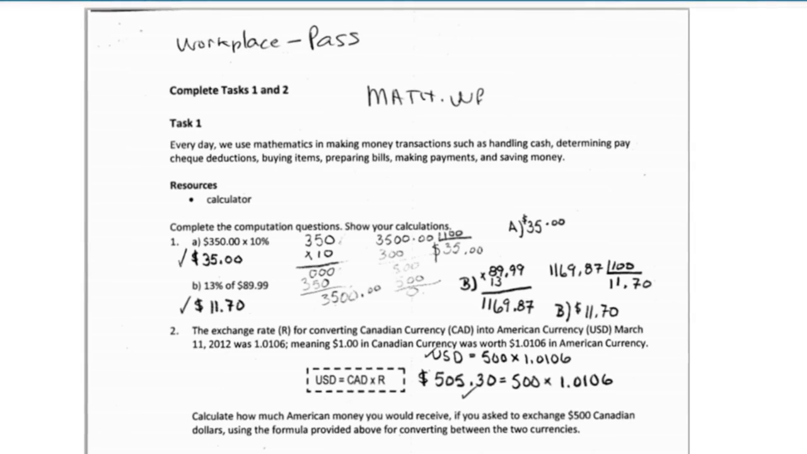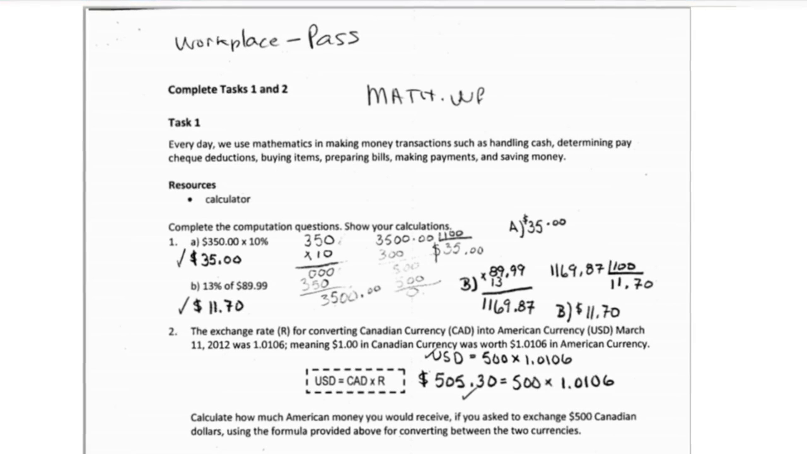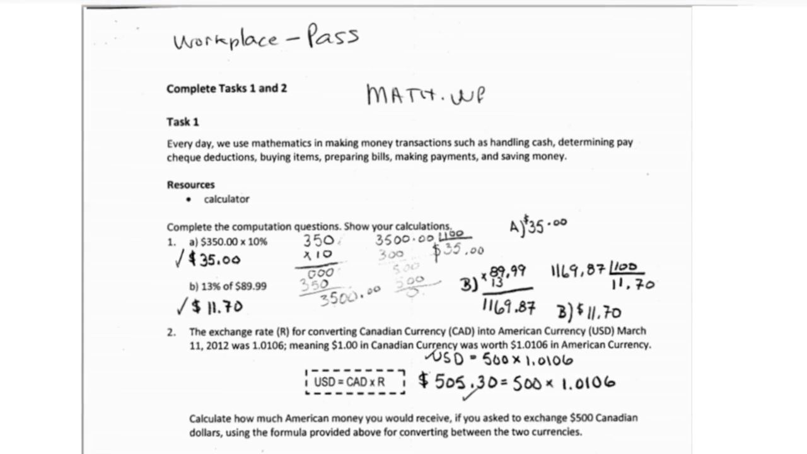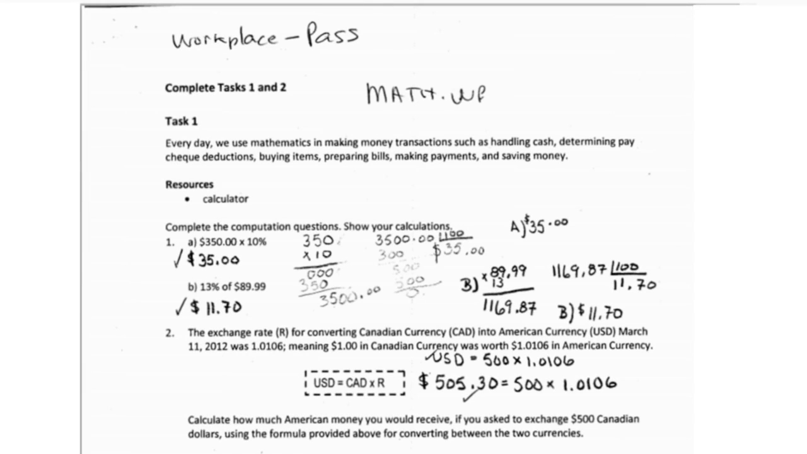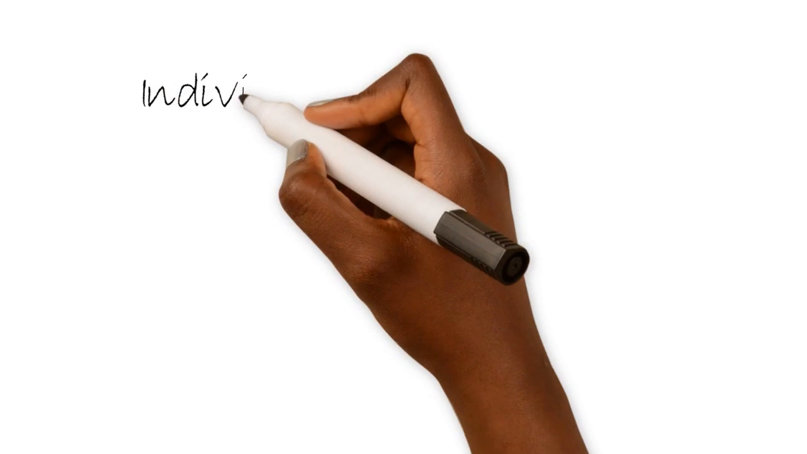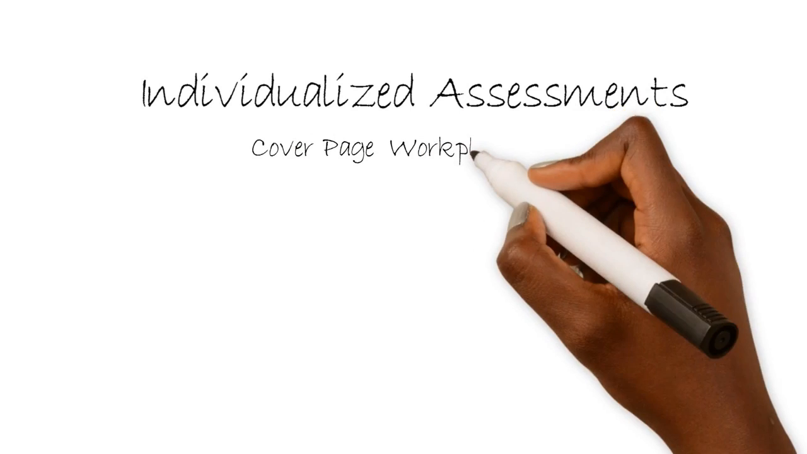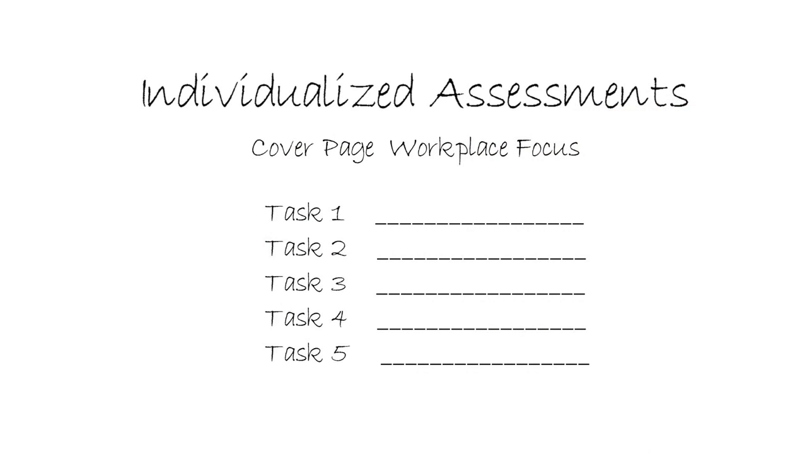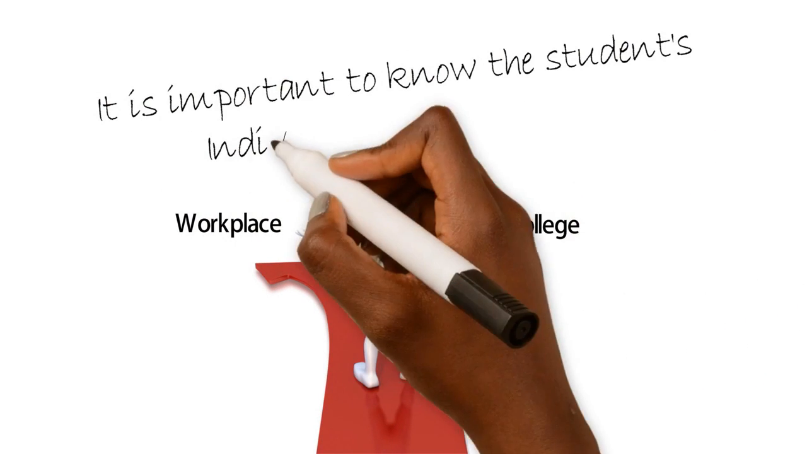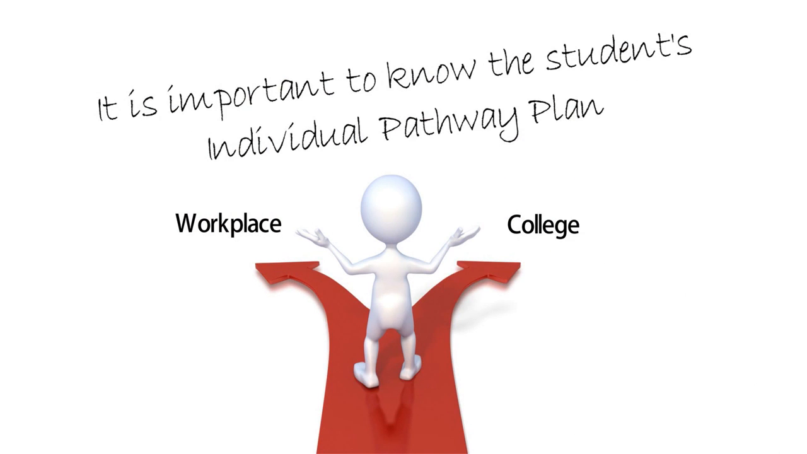with the workplace focus. Assessments available on the eCommunity website are offered as full assessments with a college or workplace focus, or as individual tasks whereby the assessor can customize the assessment for individual students. The counselor needs to have information regarding the student pathway in order to determine what assessment to give to the